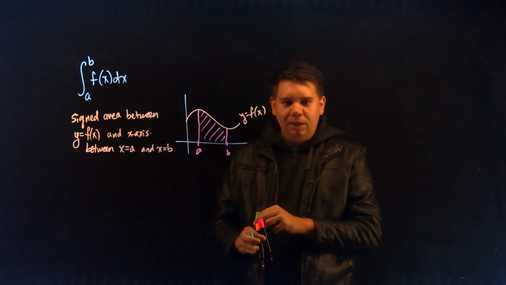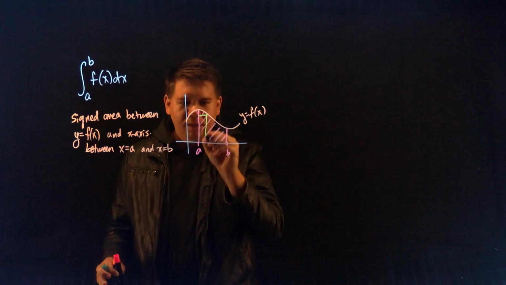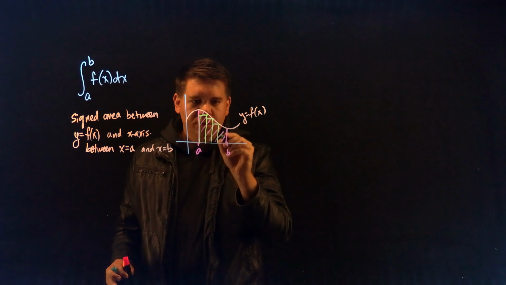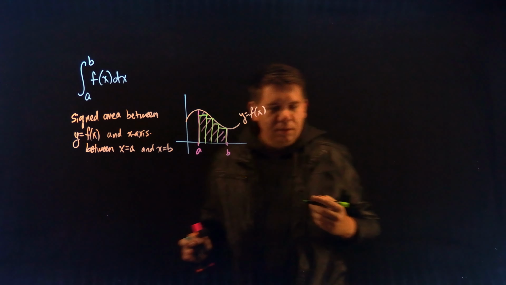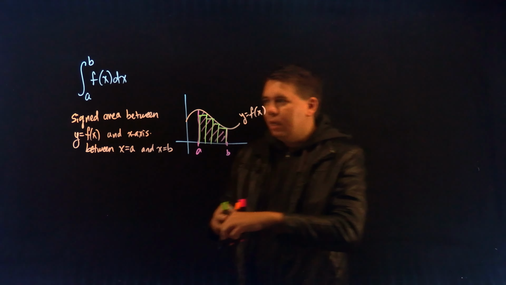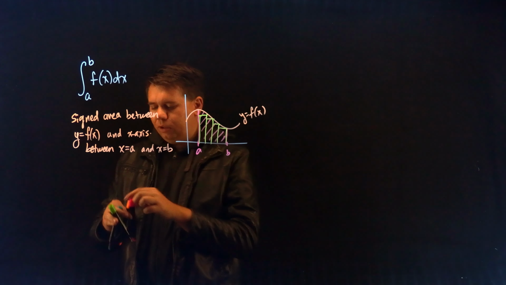The way we calculate this area is we play this game by breaking it up into rectangles and approximating the area, and then taking the limit as you get more and more and more rectangles. That's called the Riemann sum. So we already know how to calculate this signed area. This signed area just comes out to be